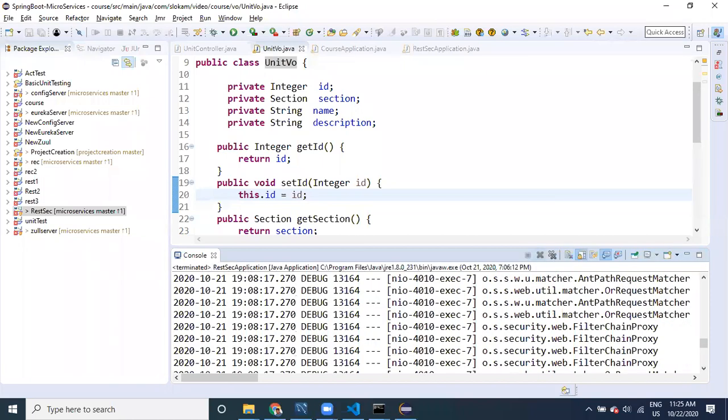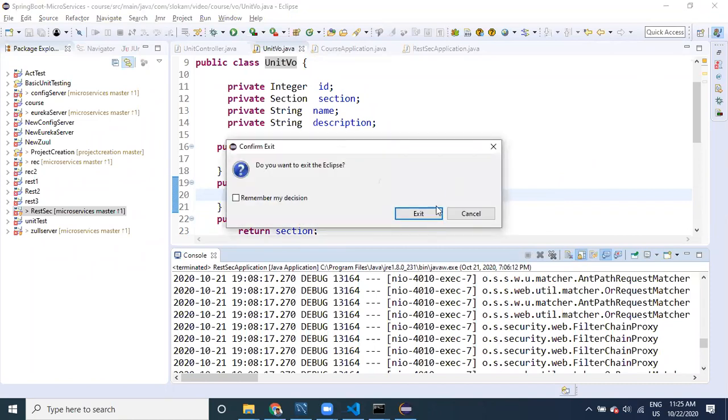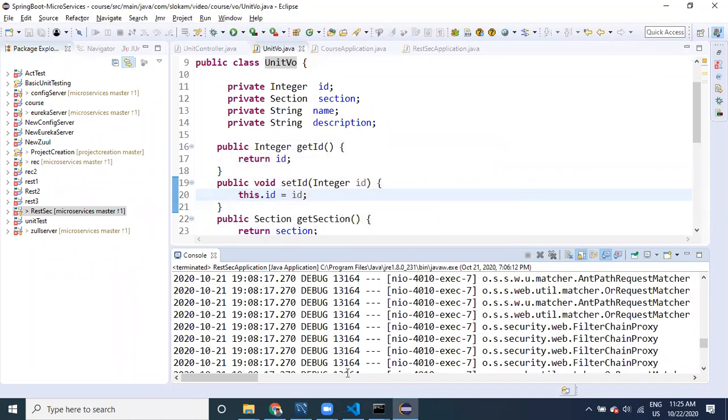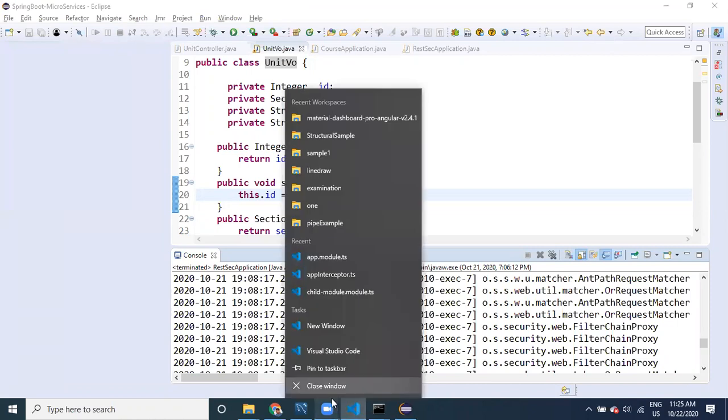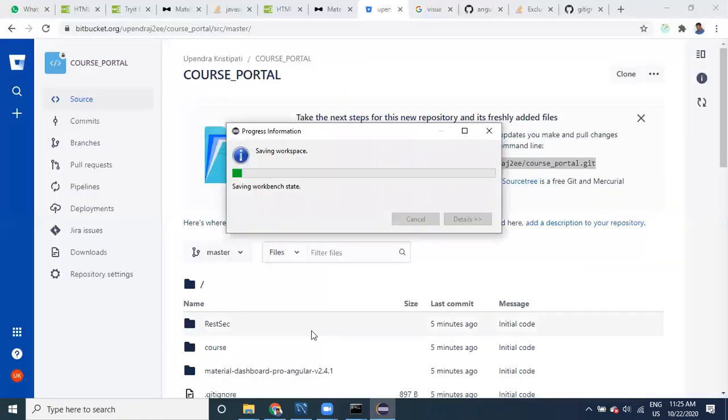Let me close this Eclipse also for now. I will show you from the starting onwards. Now I know only this URL.